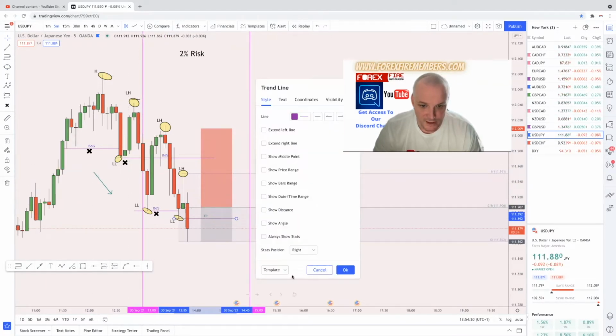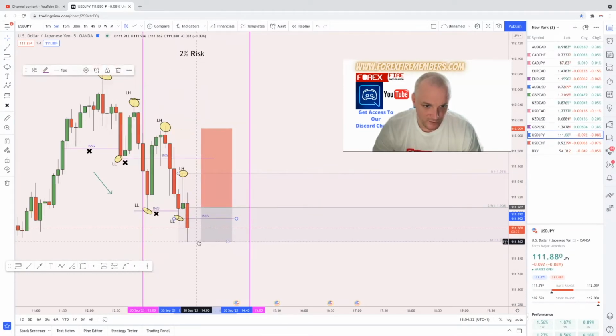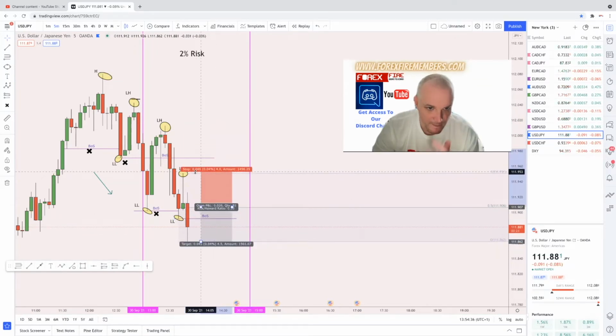This here has now become a breaker structure. Okay, that's a breaker structure. The entry